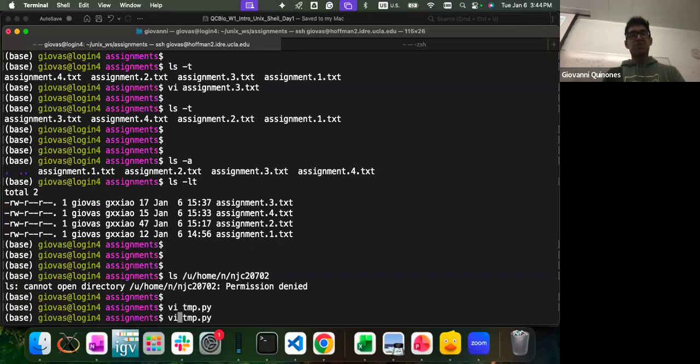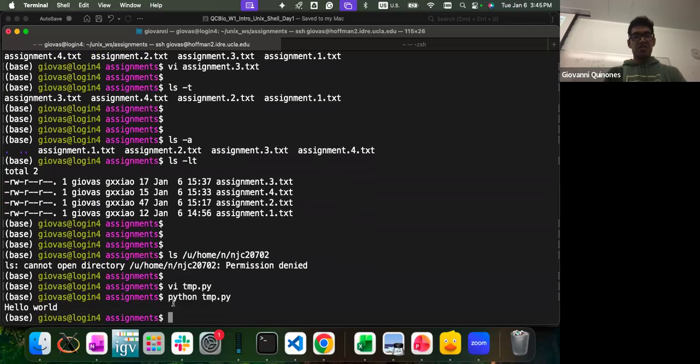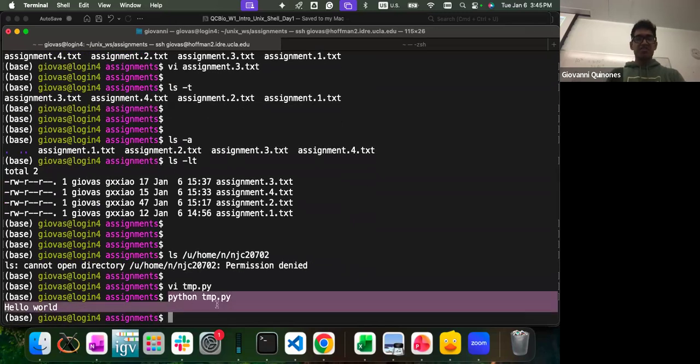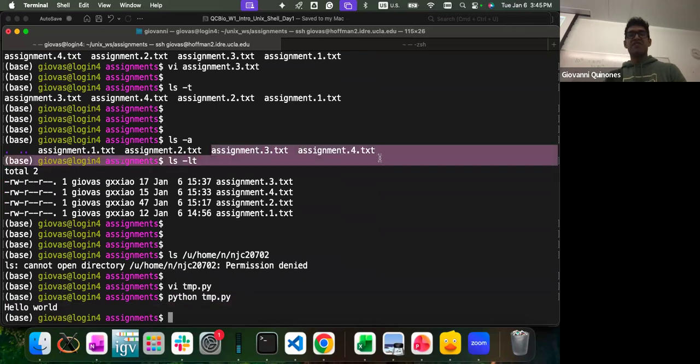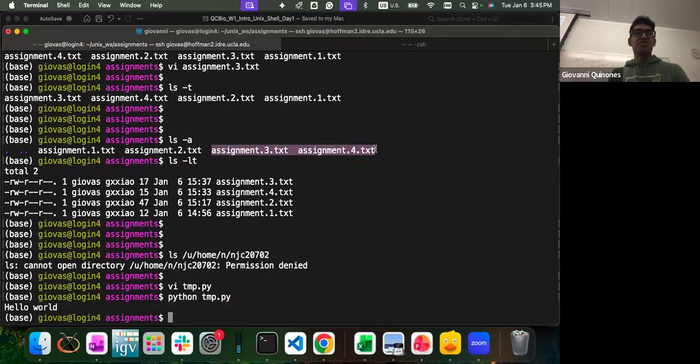See, executing would be like running this script. This is execution. So by default, most files don't have execution permission just because it doesn't make sense to execute them. Like it doesn't make sense to execute a text file, right? So it's just by default not given the execution permission.